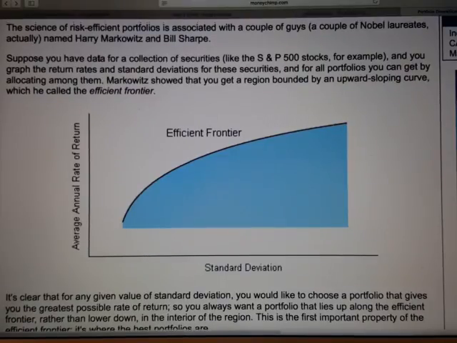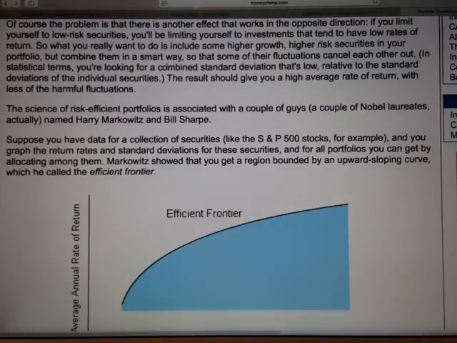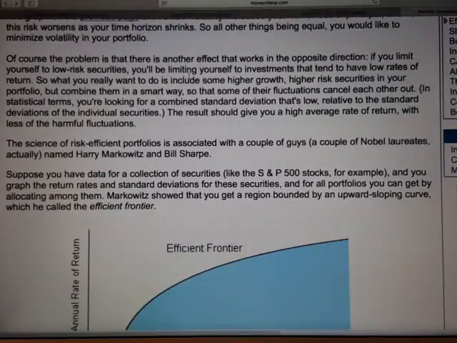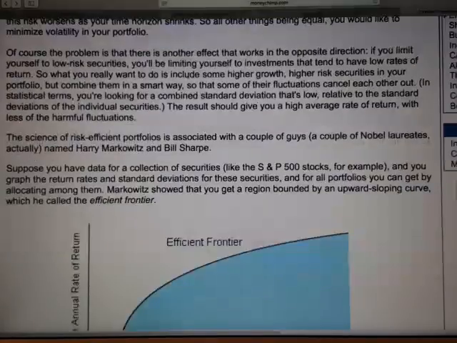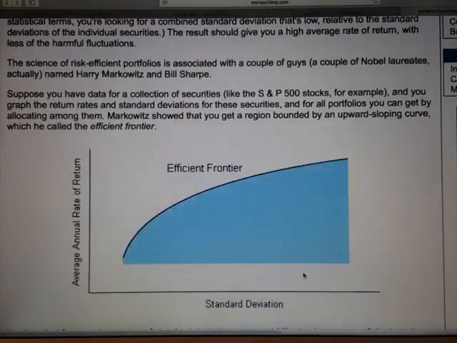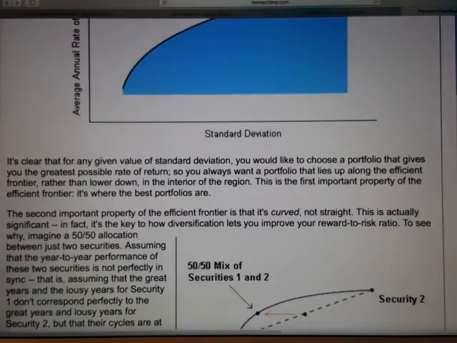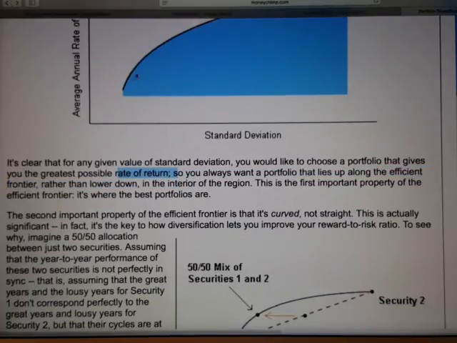So the collection of the securities can be tabulated in this graph. It's clear that for any given value of standard deviation, you would like to choose a portfolio that gives you the greatest possible rate of return. So you will want a portfolio that lies along the efficient frontier around here,